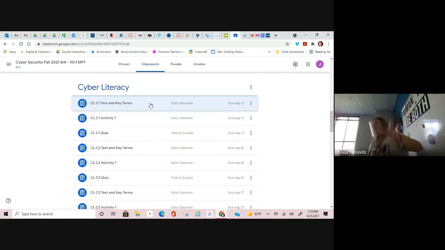Now, the reason that we're going to use Google Meet like this is because it makes it really easy for me to share with you what you need to do. Plus, you all have that link there, and there's no problems like sometimes happen with Zoom. If you are home because you are quarantined, you can go to a Google Meet with me and I can make sure that you understand what to do.